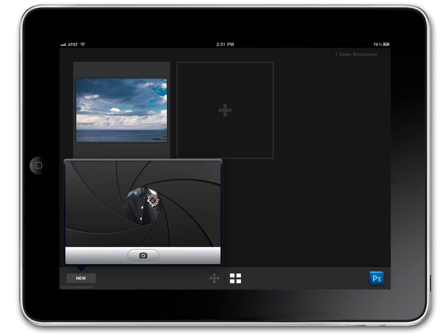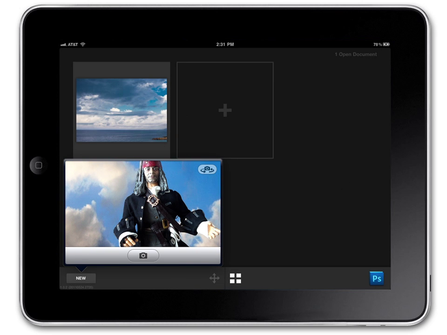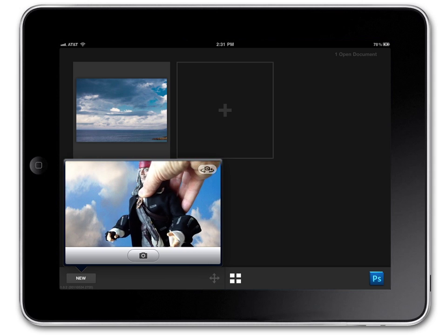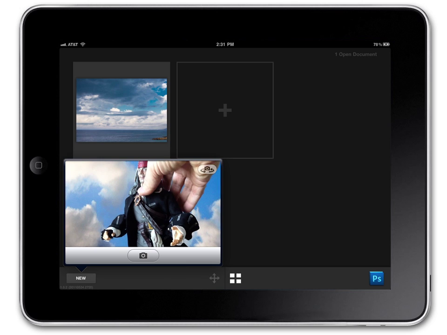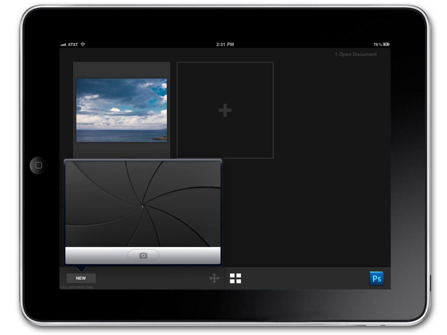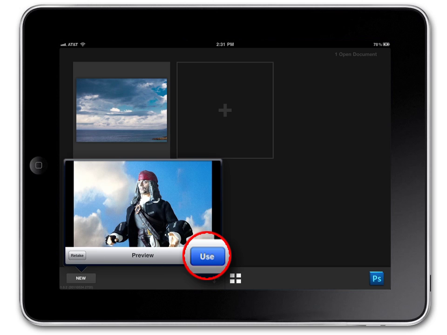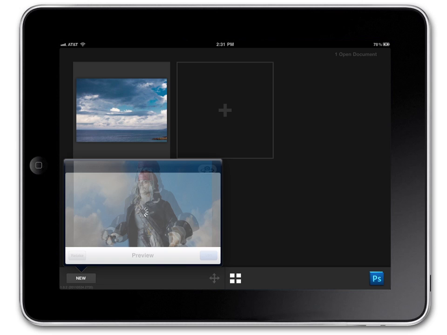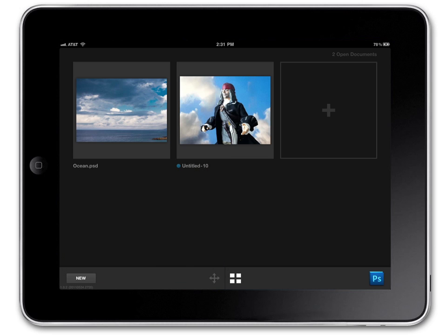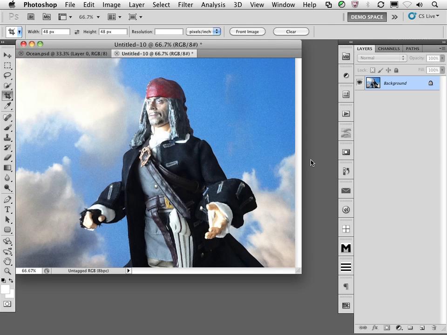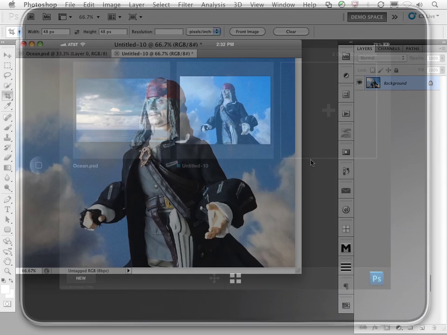Clicking on Take a Photo, my camera is activated here on my iPad 2. Notice that I have this fine, good-looking pirate, which just happens to be posing for me here today, and I can move it around into any position. I'm now going to click on the camera icon, take a shot, then use that shot by clicking on Use. Check this out. An image appears here on the iPad, and it's been transmitted over here to Photoshop, the exact same image. I can go back in, click on New,